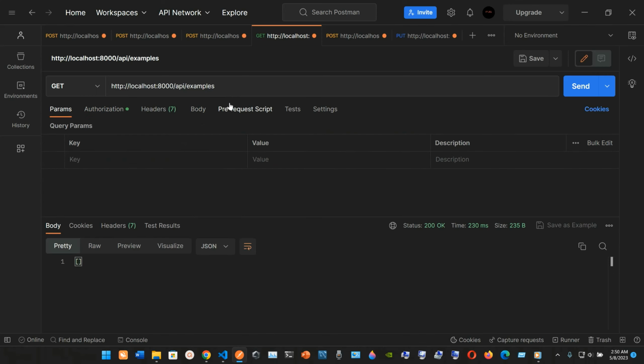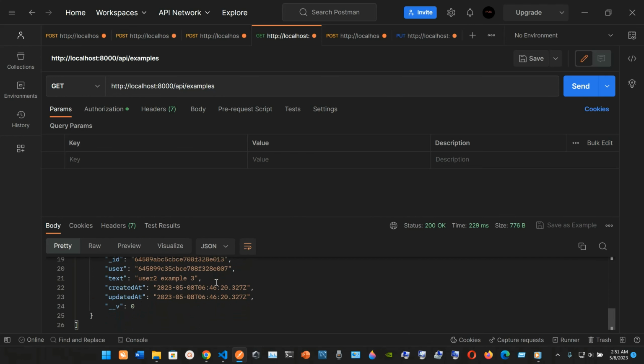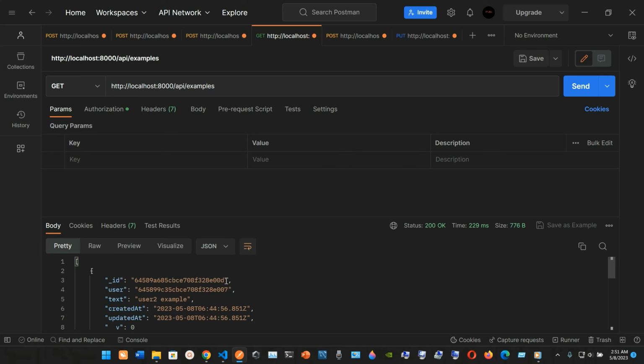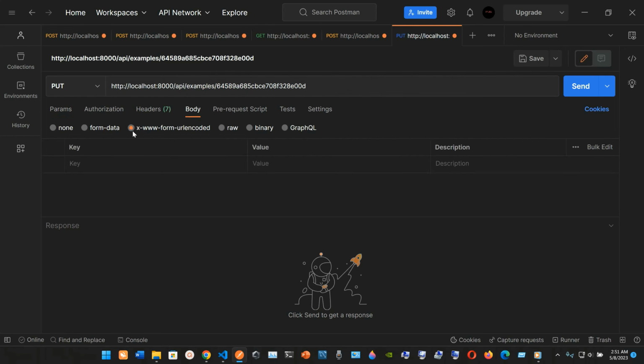Okay, and let me see the examples of user 2. We have 1, 2, 3. We have 3. So let's start deleting. Let's take the user 2 example, the first one. Let's grab the ID, and now we are gonna go into examples/ID, that ID, and we are not gonna delete it because this is an update. So we are gonna put in text and update like that. So I'm gonna send it,